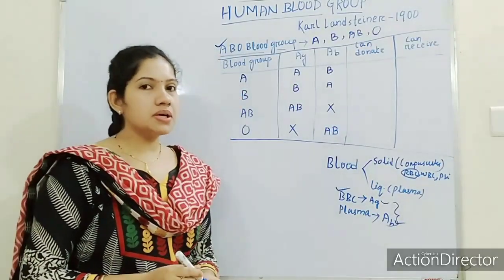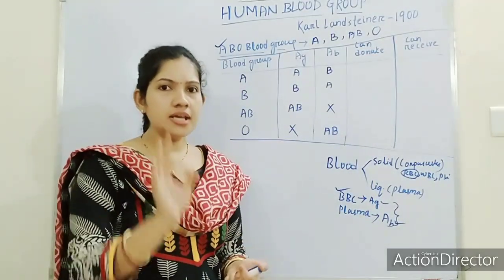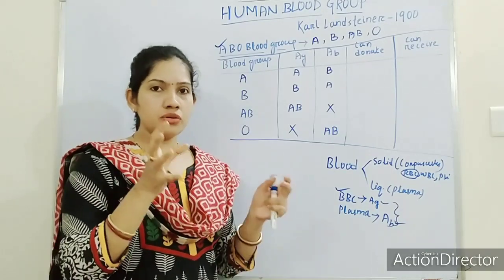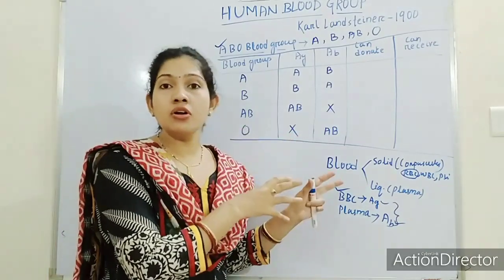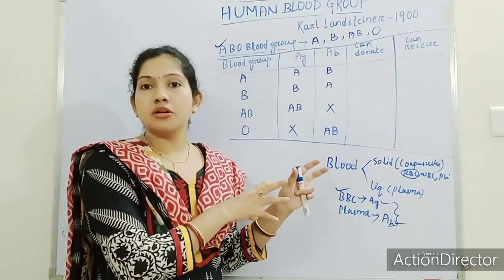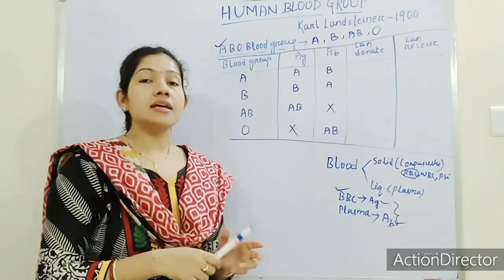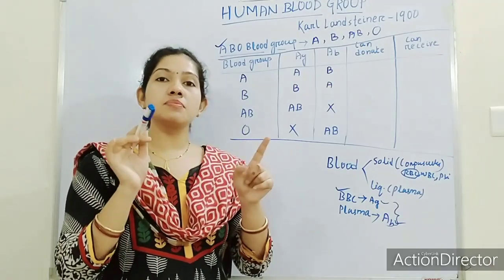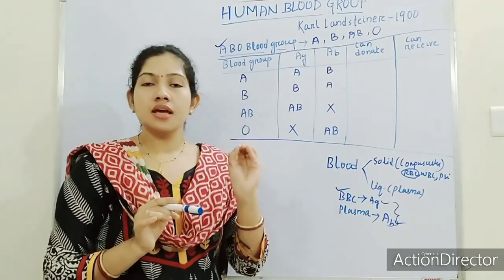Okay, again I am repeating. Just listen to it very carefully. It is very interesting and it will be very helpful. You can get very good knowledge about blood groups. So as I said, in every person's blood, on the surface of RBC, one antigen is present, and inside